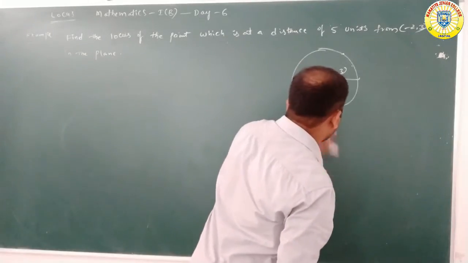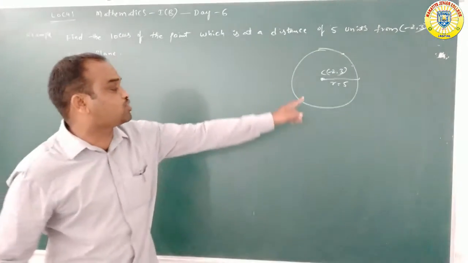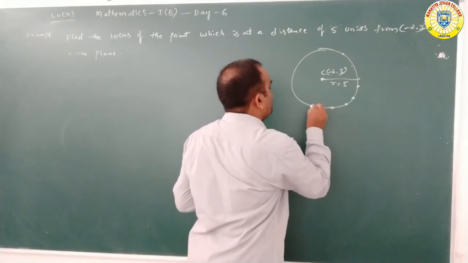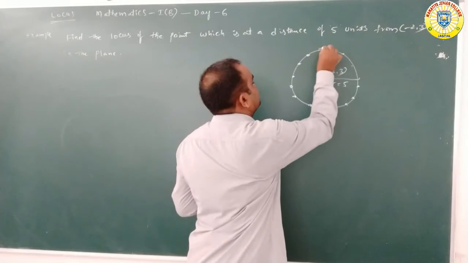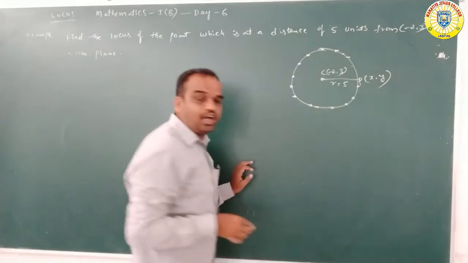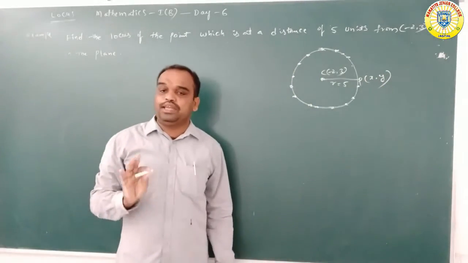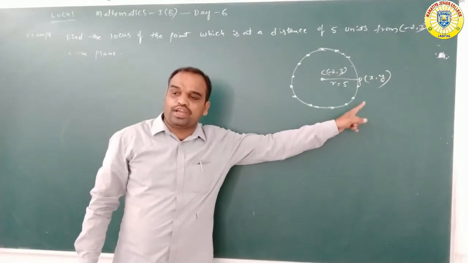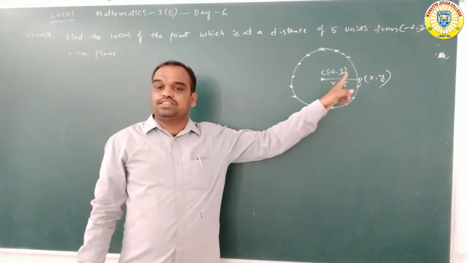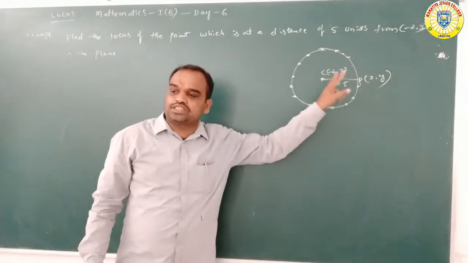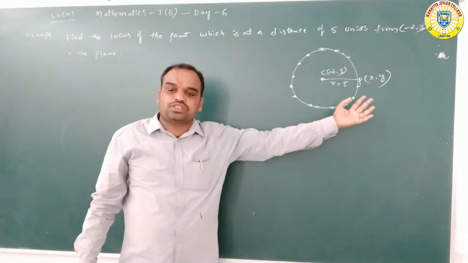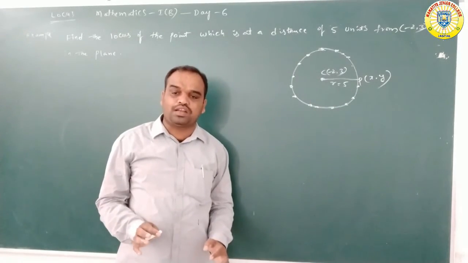So we are finding the points that are located 5 units from the fixed point (-2, 3). So the circle is our locus. Now we are finding the circle equation. Here we take P of x comma y to be any point on the locus. Any point on the locus means the point P is located 5 units from the point C. We are taking any point on the locus, and that point must satisfy our given geometrical condition.